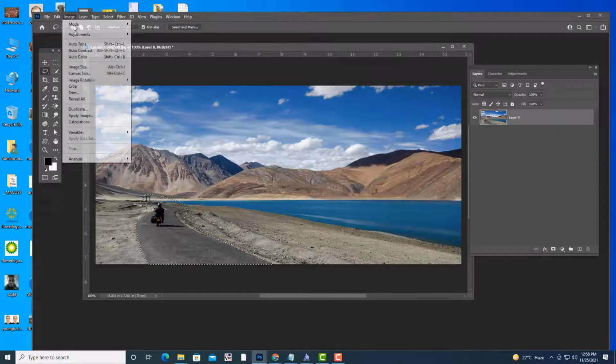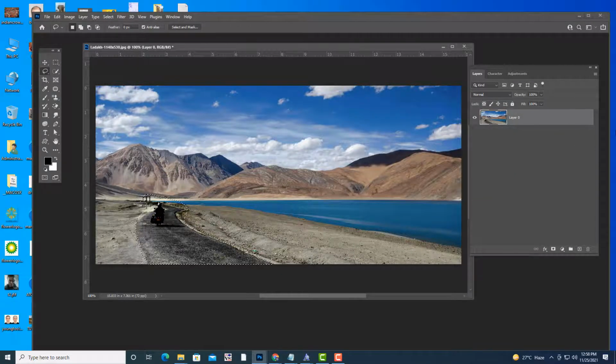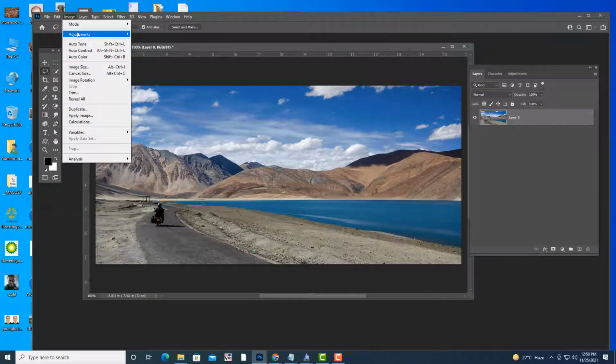Now we will open the adjustments and curves. And now you can target this area. What will happen if you target that area? The curve will affect only that selection area. See, other areas are not getting affected. Understood now? So you can do it like this. But actually there is a better way to do it. Even this way is not 100% perfect. What is that better way? We'll see. But before that, I will tell you some more options in this curve.